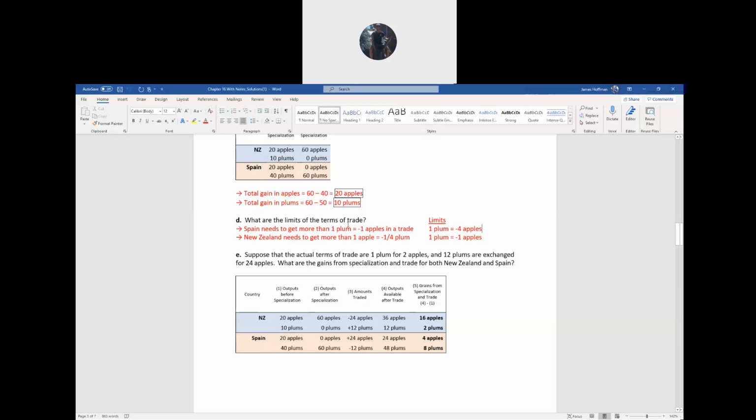Okay, so part D is a little confusing, but that's the idea. You want to start with the country and the good they're specializing in, so Spain and plums, and state the initial domestic opportunity cost. And then if Spain's doing plums, New Zealand's doing apples, and state their domestic opportunity cost. All right, and then put them in terms of the same one plum equals something, and that determines the limits of where you have to make this trade. You could also do it in terms of apples. So another way to write this condition,